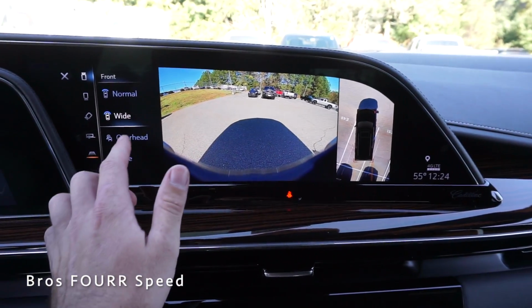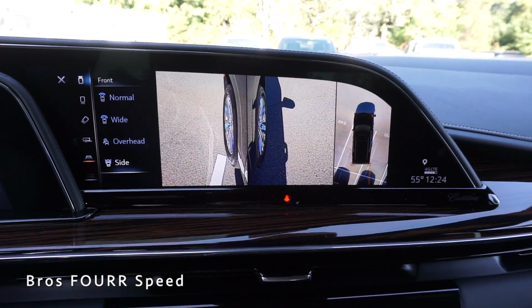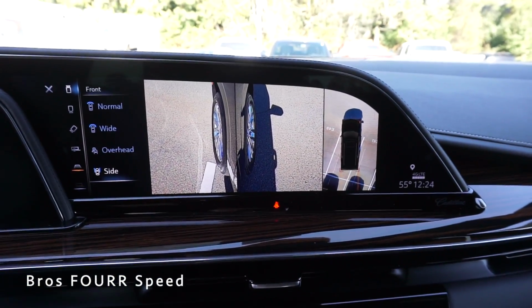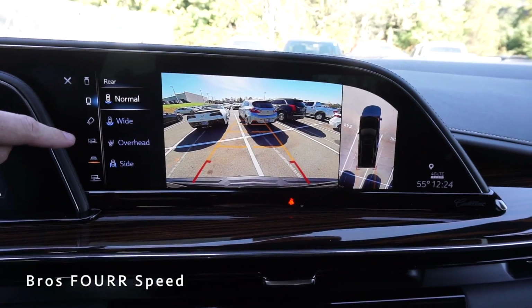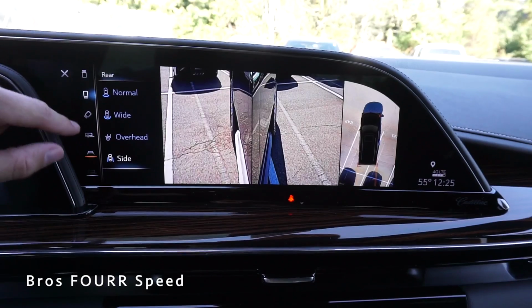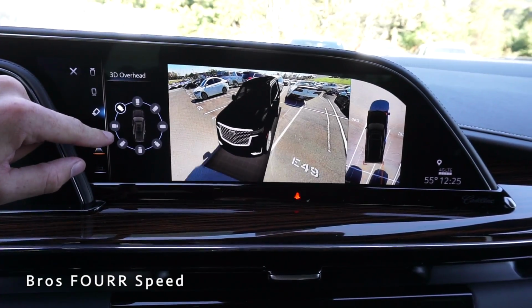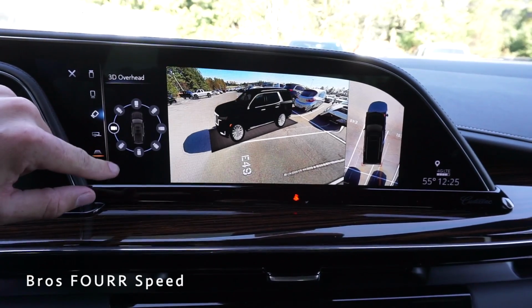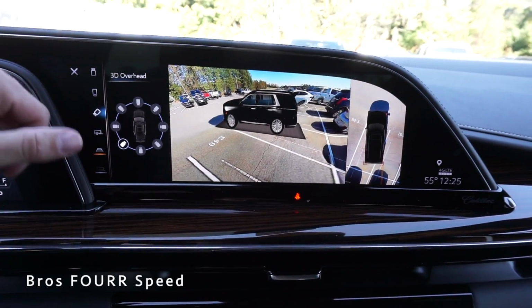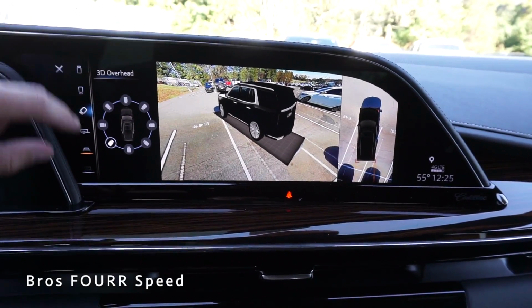We can click on wide just to change up the angle. There's also an overhead angle, and then we can utilize these side mirror cameras too to get that angle. Over on the left side, now we can switch over to the rear view camera, and you have those same angles that you can go through, so you virtually have a 360-degree view, which is awesome to see, along with the 3D overhead. So you can click on these buttons here and see exactly around this vehicle where you'd like to see, and this is all in real time right now,